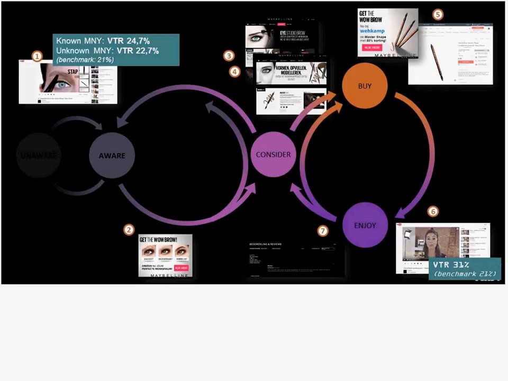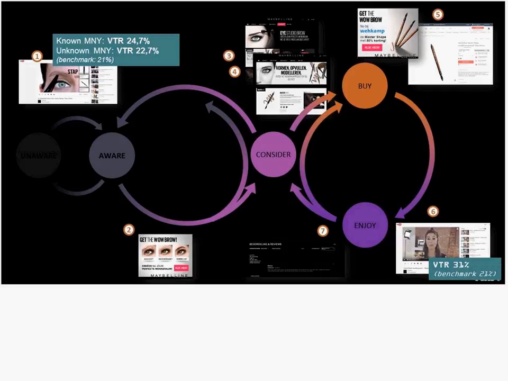So we mapped the different creative messages on the CX loop, the consumer experience loop that we use at Zenith Media. On the left side in step 1, you see the commercial for Maybelline Brow with all 3 products that offer a solution to the different brow problems out there. And we used owned media audiences to differentiate between people known with Maybelline, so who have either